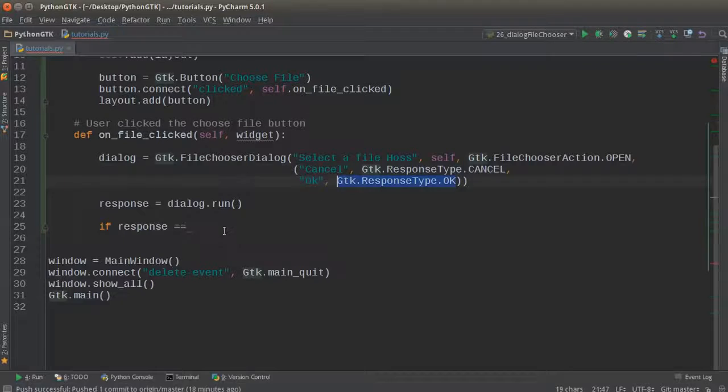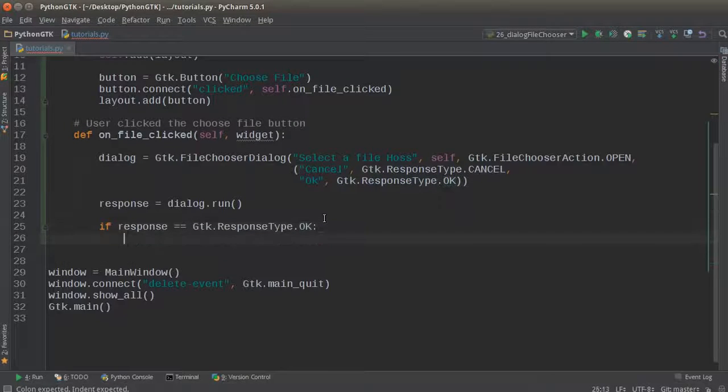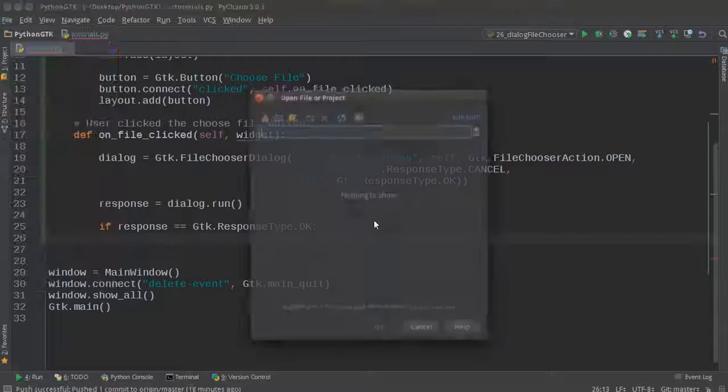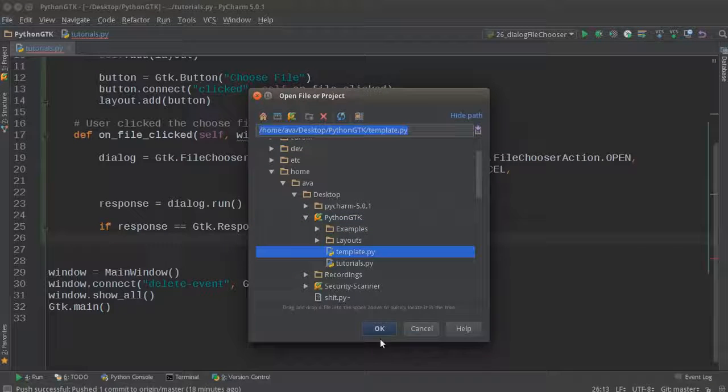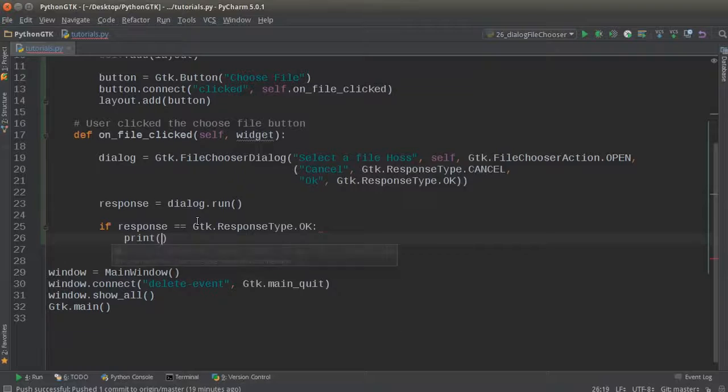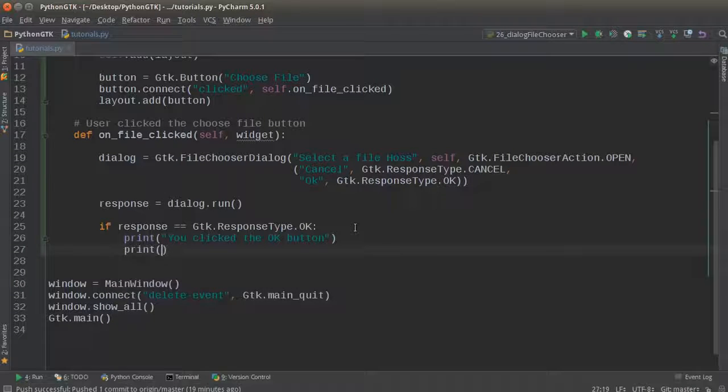Okay. So if they click the OK button, then what we're going to do is, remember, here, let me pull up this demo again. Whenever the user clicks the OK button, that must mean that they had a file selected. So what we're going to do in that case is we'll just print out you clicked the OK button. And we'll also print out whatever file name they selected. So I'll print out file selected,